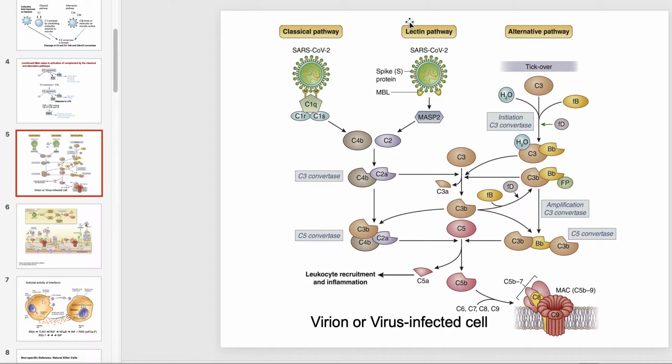Over here in the lectin pathway, these mannose-binding lectins that your body produces will look for mannose residues, and they occur in the spike proteins of SARS-CoV-2, and that activates a membrane-associated serine protease. This membrane-associated serine protease can cleave C2 into C2a and C2b, but C4b and C2a together form the C3 convertase